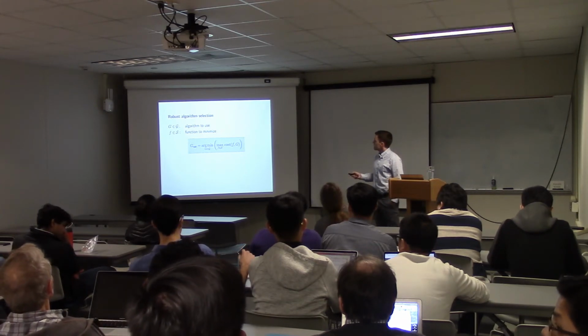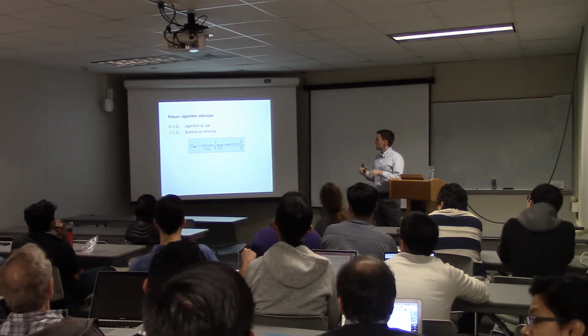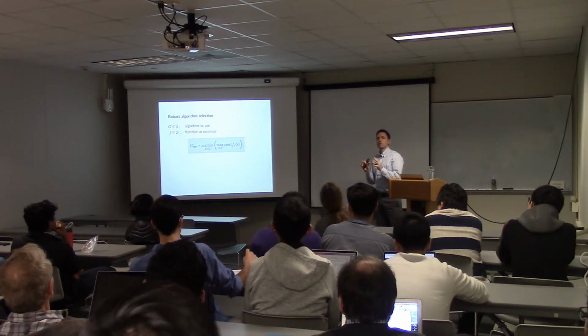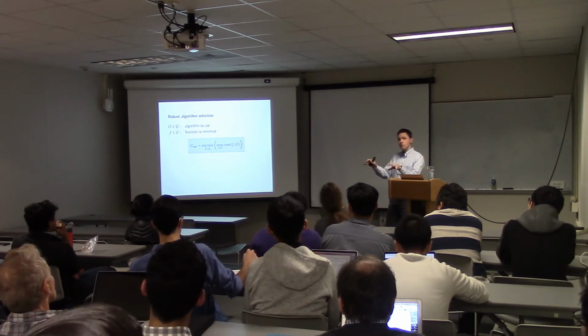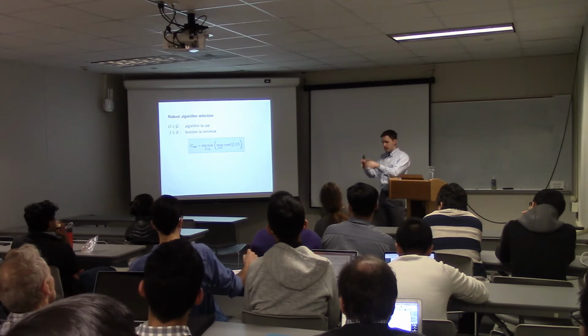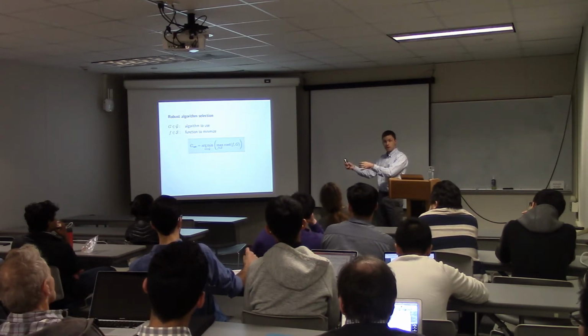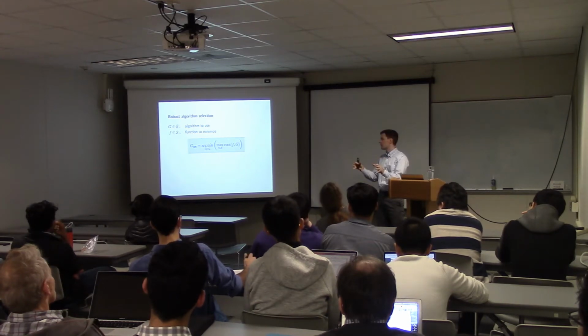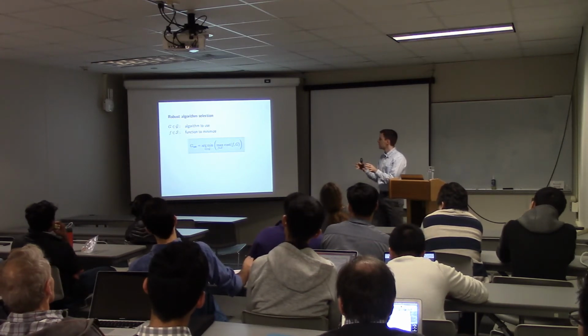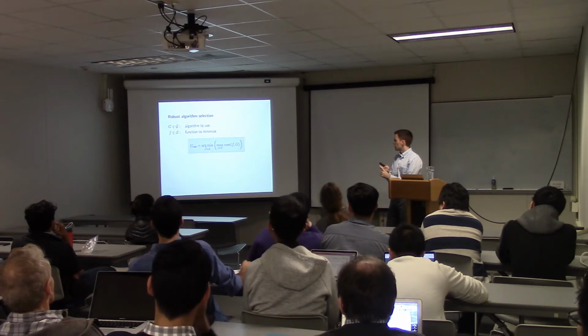Here, script G is going to denote the set of possible algorithms we could use. So it could be a whole bunch of different algorithms. It could be the same algorithm with a bunch of different possible tunings, right? You could choose different values of alpha and beta. Those could comprise your family G of algorithms. So we have to pick the algorithm we want to analyze.